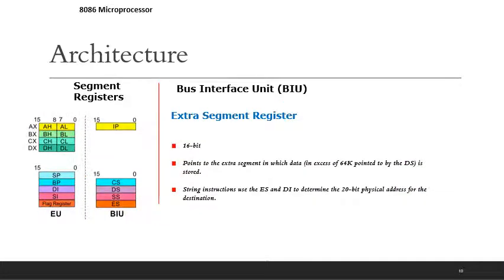The extra segment register is also a 16-bit register. It points to the extra segment in which data is stored. The string instruction uses the extra segment and destination index to determine the 20-bit physical address for the destination.